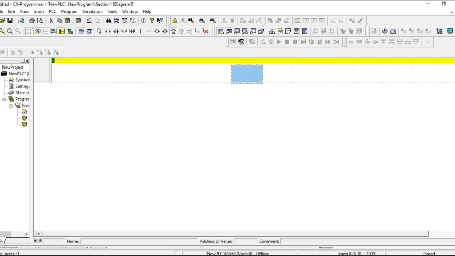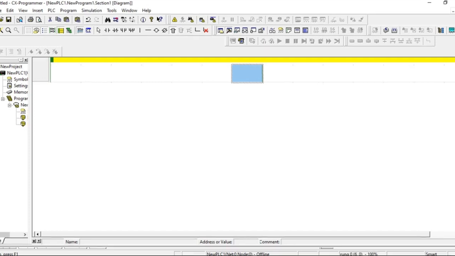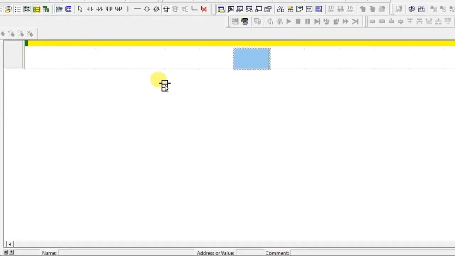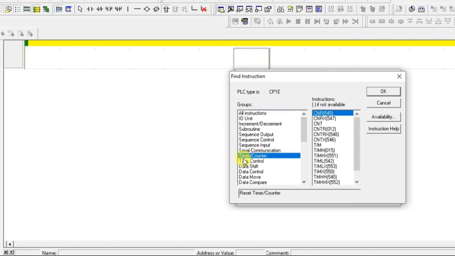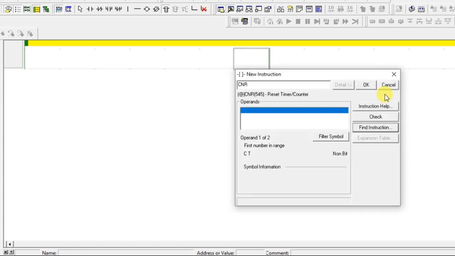So in our previous sessions, we have seen about counters and the types. Now we have one more instruction in the counter which is used to reset the counter instruction that we have used in the program. So this instruction is not only to reset the counter but also a timer. So let's see how to use this. Go to details, find instruction, and here you can see timer bar counter, and this is the counter reset instruction, reset timer or counter. So I'll take this instruction